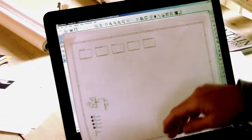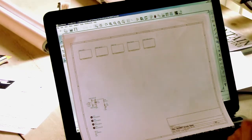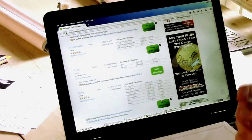I've decided to play with KiCad to lay it out, rather than I usually use Express PCB, just because I like the tool and it's easy to use and it's relatively affordable for small projects. But this one looks like it's going to be about a 5 by 8 inch circuit board. And, well, we can look here at the, and I don't know how this is going to show up on the screen, but